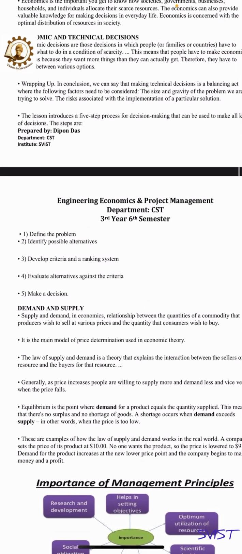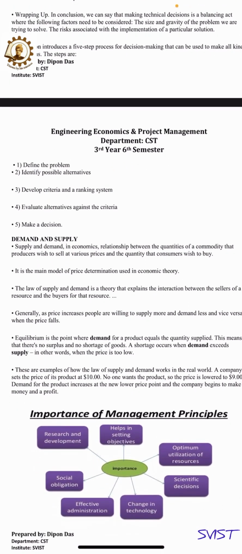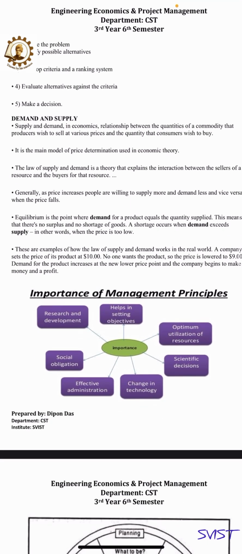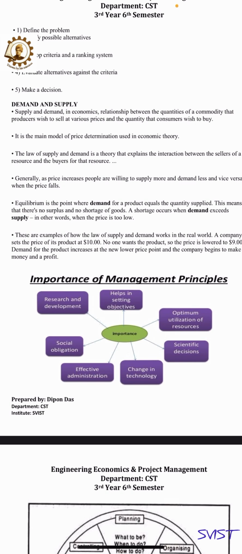Basically, first, when a problem arises, we know the steps: define the problem. Define the problem because we need to understand what the situation is basically happening, and develop certain criteria or certain escalation points where we need to discuss the thing, and we need to evaluate the alternatives against the criteria, and then we need to make that decision based on the criteria as we decided. So after that we are going to study the parts of the demand and supply rule,